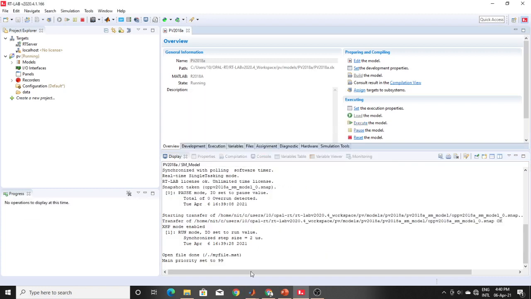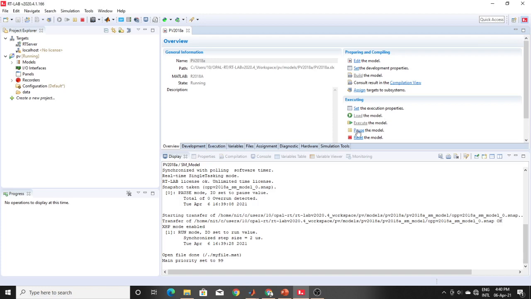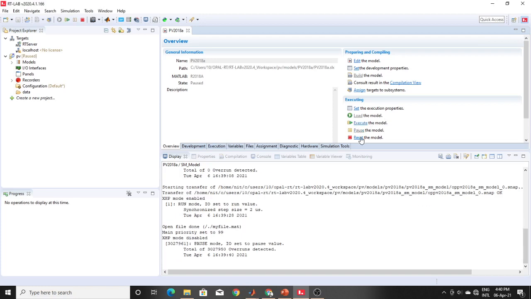Yeah, it's executing and the result is coming. I don't need so many results, so I'll pause it and reset it.